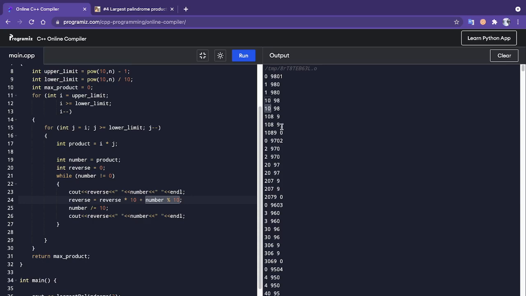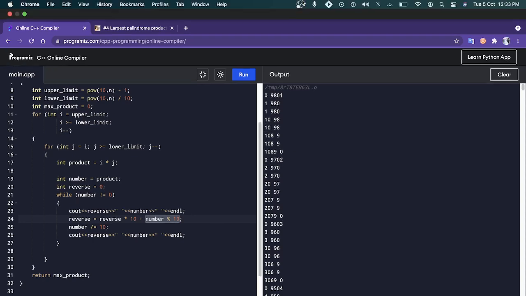When we divide 9 by 10, the remainder is going to be 9, and the 9 is going to be added to 108 into 10, that is 1080 plus 9, it is 1089. So this is how it works.